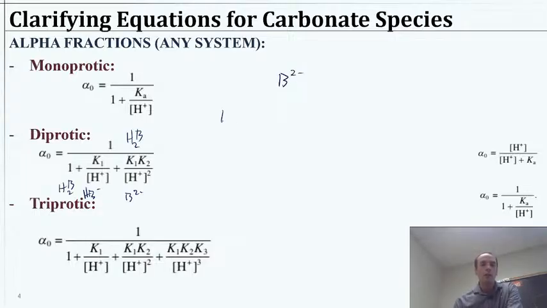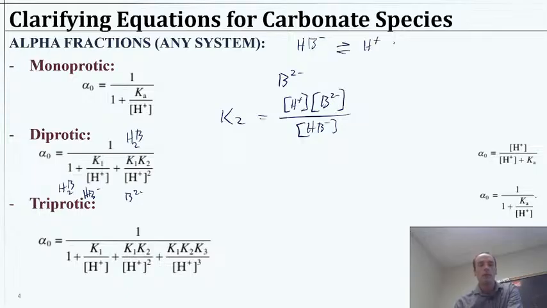That's going to come from the equilibrium equation. K2 is products over the reactants for that equilibrium. So there should be an H plus and a B2 minus coming as the products of the equilibrium reaction with HB minus. So the other way to write that is to say that HB minus is in equilibrium with H plus and B2 minus, right? So that's our second equilibrium reaction. And so when we substitute for B2 minus here,